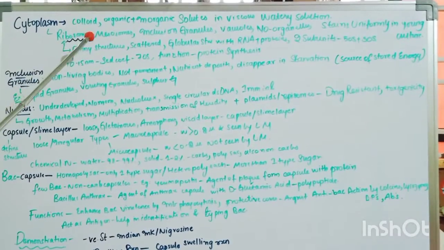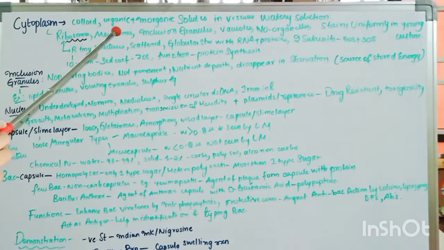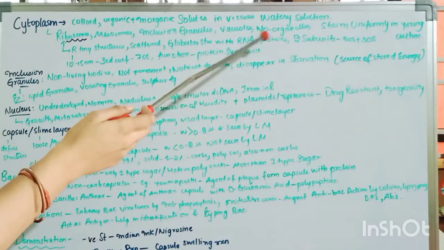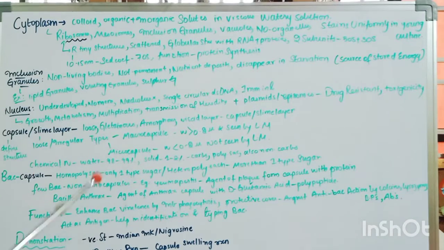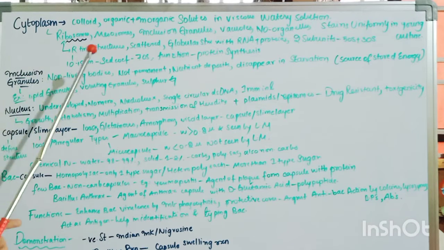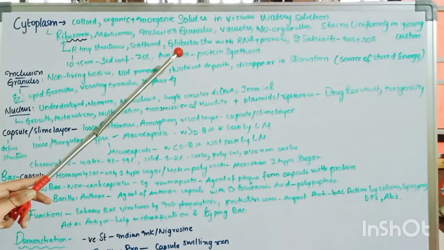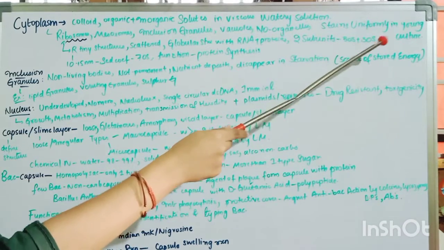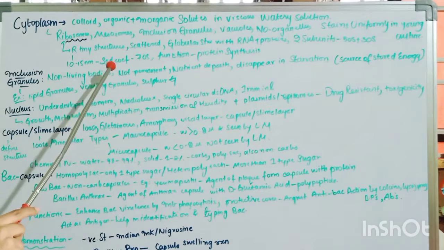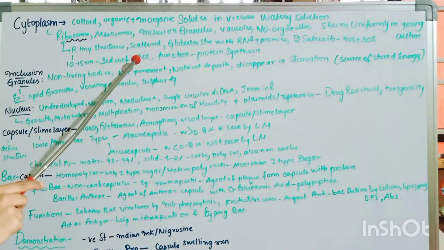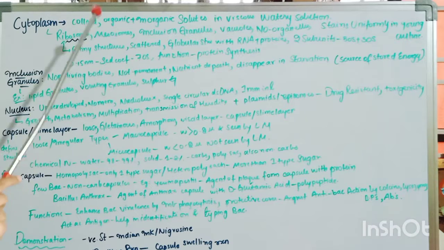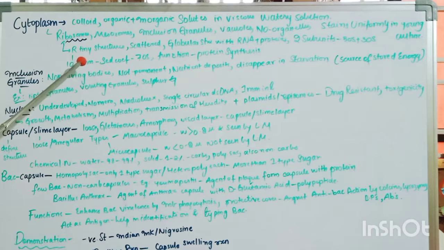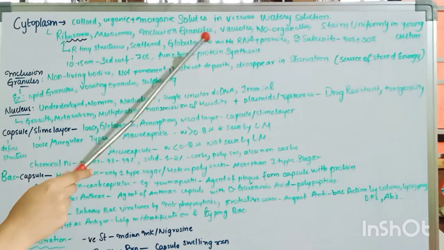Cytoplasm is colloid in nature, and it contains organic and inorganic solutes in a viscous watery solution. It contains the ribosomes, which are tiny structures scattered throughout. These are globular structures with RNA and proteins, and they have two subunits, the 50S and 30S, together making a sedimentation coefficient of 70S. These ribosomes are tiny, 10 to 15 nanometers,